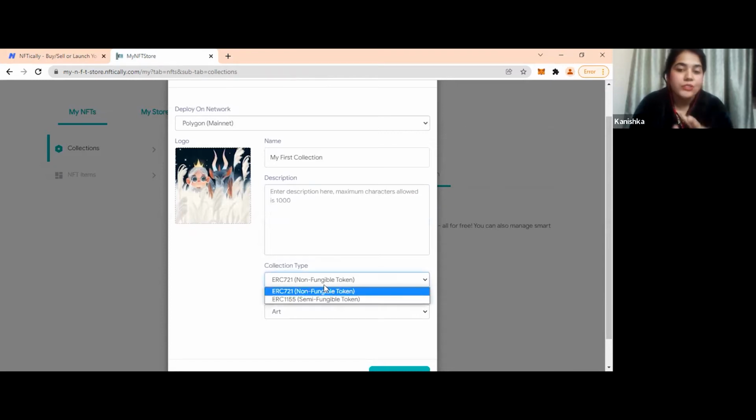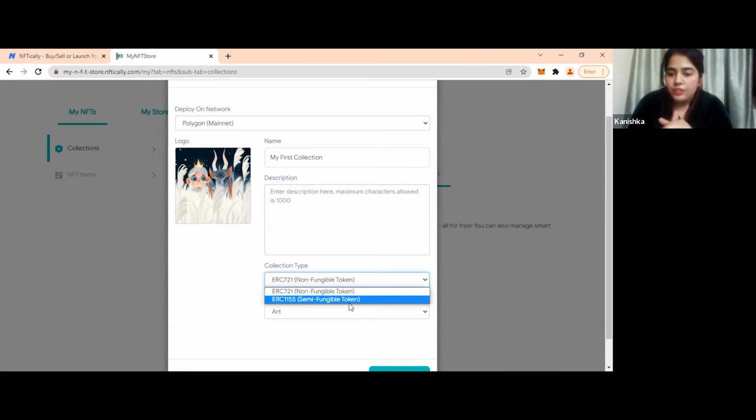Collection type: you can have 2 types of collection, ERC721 and ERC1155. I'm explaining for those who are not familiar with these terms. ERC721 represents the non-fungible token type. That means for one NFT, you can have only one copy. These are applicable only for unique assets. Suppose there is a painting by some celebrated painter. That painting can only exist as one piece, right? It's unique. So that type of asset goes under a 721 collection, which cannot be replicated with some other quantity or other asset.